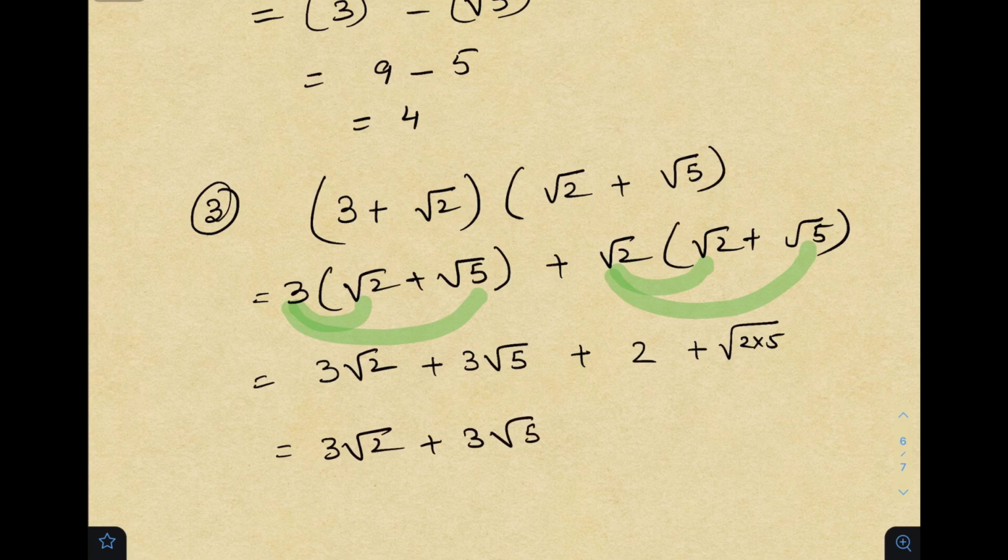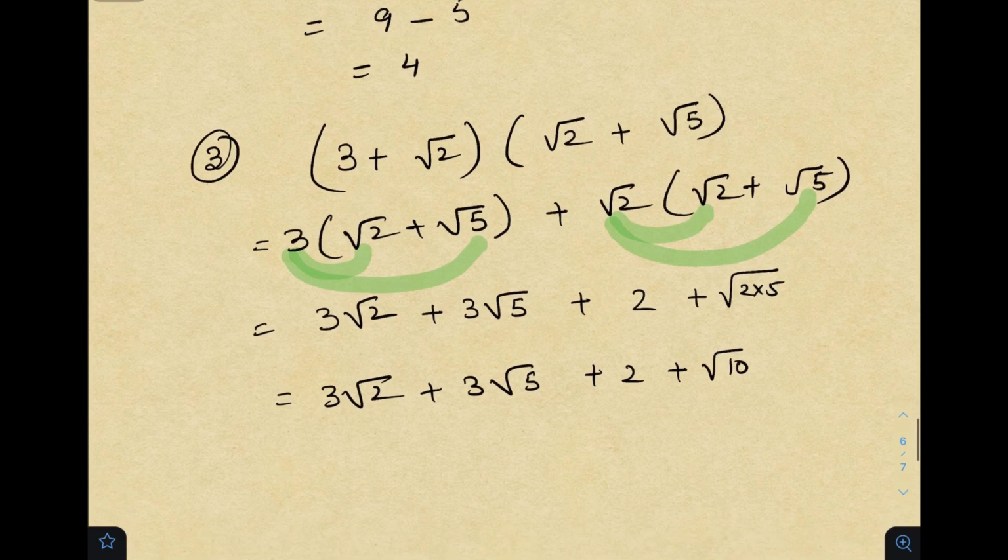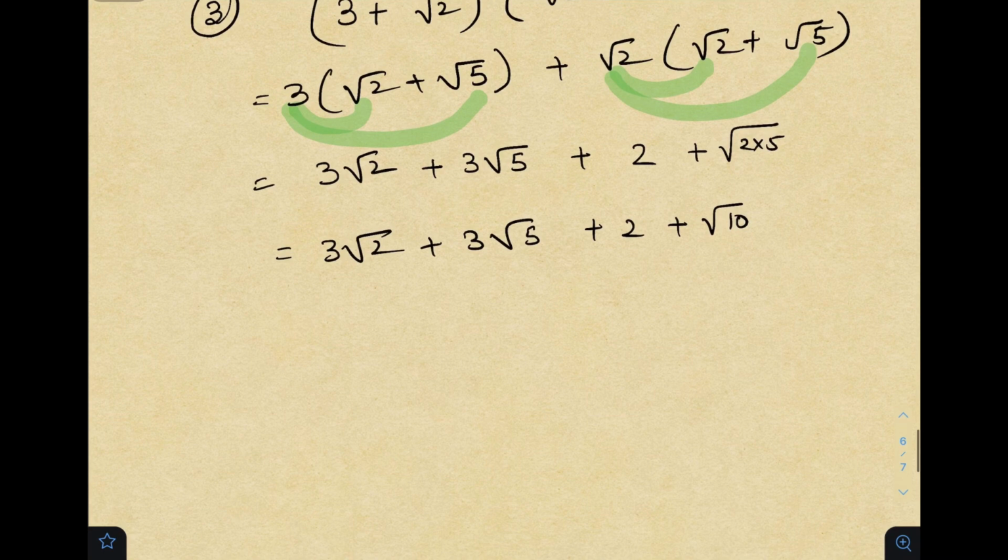I can do it in one step or I can show it in 2 steps. It's my wish. Now there is no like term in this expression, so we cannot simplify it further and will leave the answer as it is. Fourth example,